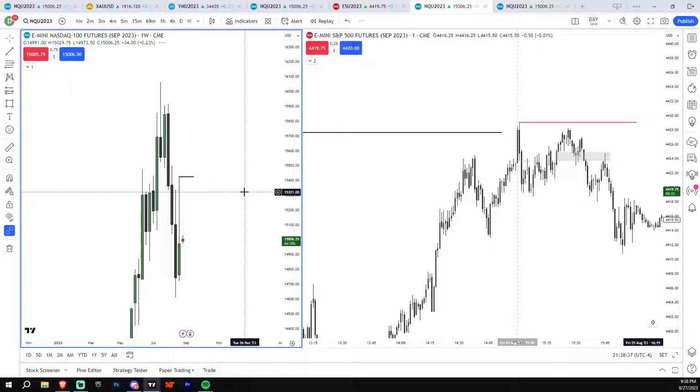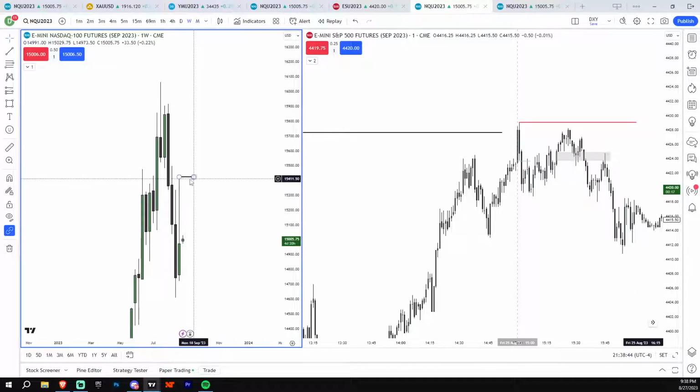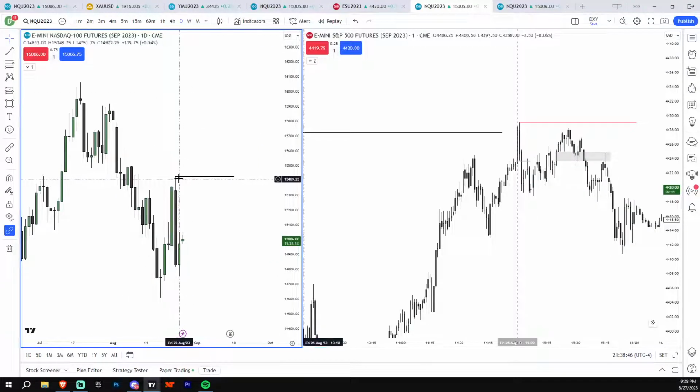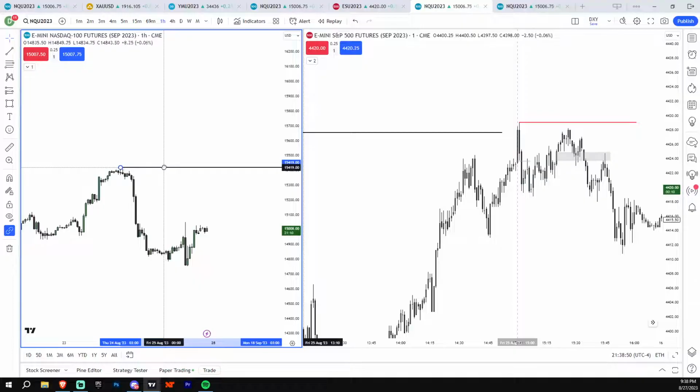You might even be able to draw on the weekly. Yeah, you can draw it on everything from the weekly down. The only time frame you can't draw it on is the monthly. So every single time frame, the weekly down, you can draw a daily high. You can draw on the 4-hour. Do you get why I'm saying that, and why